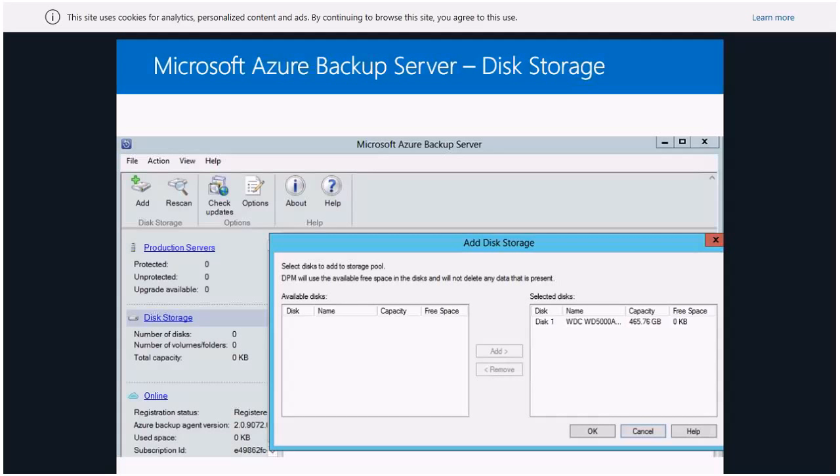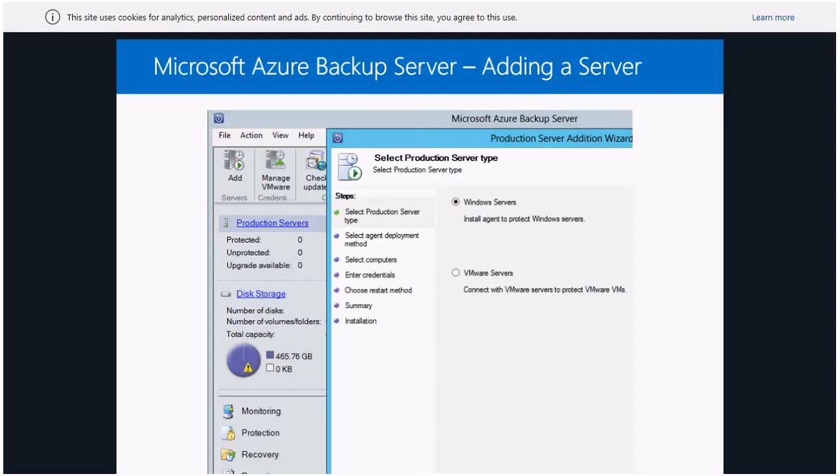The first thing that you need to set up is the local storage where the backup will be saved first. As I said a few seconds ago, when we start a backup, first the backup is saved locally, and then in the background, the system will start synchronizing that backup to Azure. You might need to add a couple of disks on your local system in order to have free space for that.